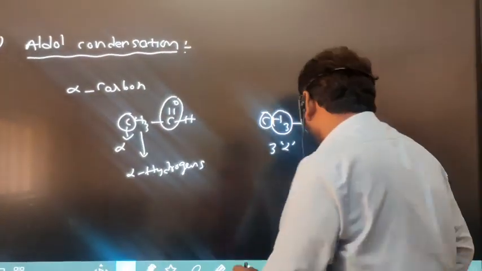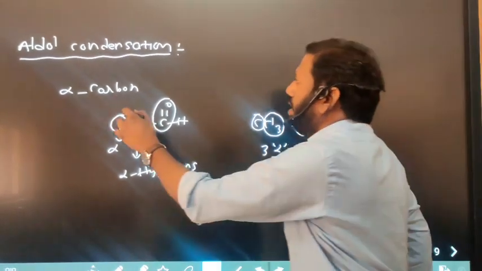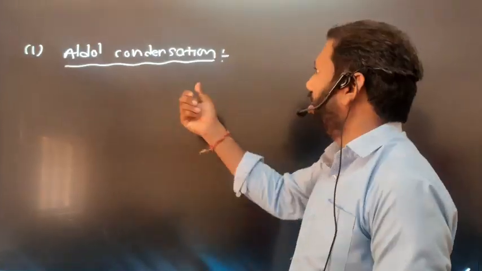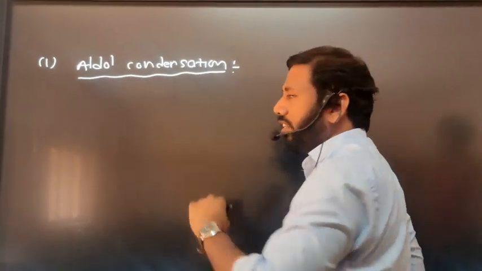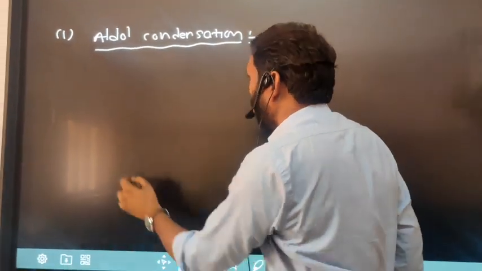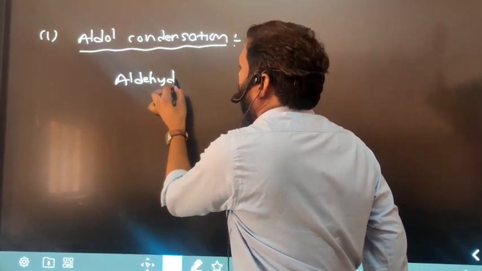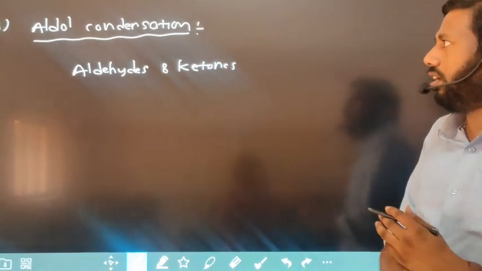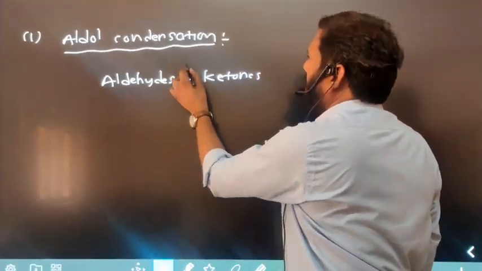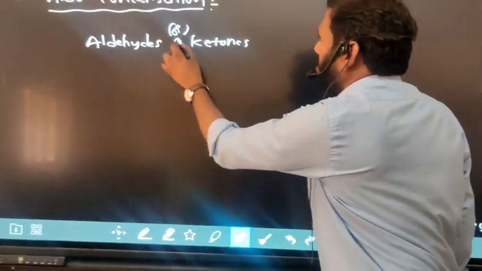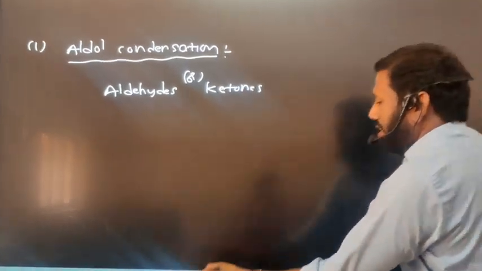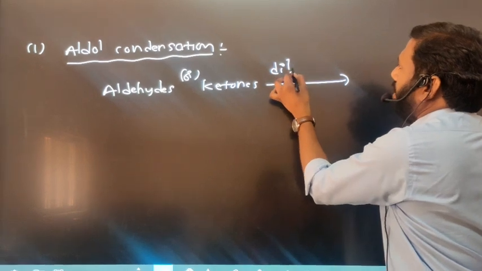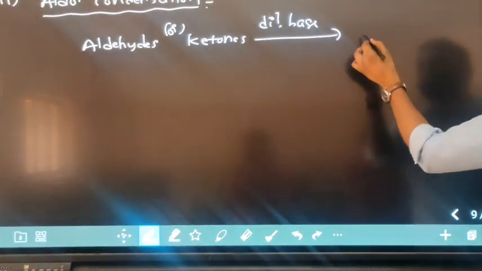Okay, now we can discuss aldol condensation. What is aldol condensation? Aldehydes and ketones which contain alpha hydrogens can undergo self condensation in the presence of dilute base, and can produce beta hydroxy